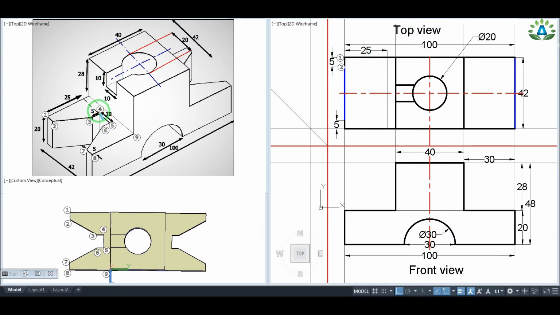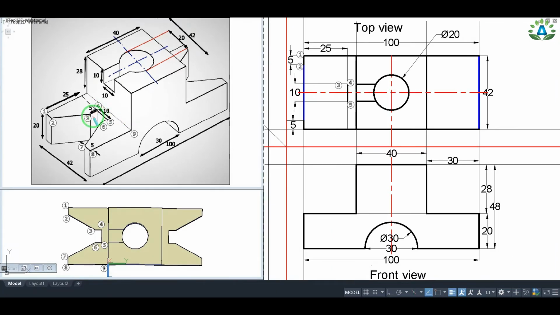And this point number 4 and point number 5 will lie along this line. We can see that the total distance between point number 4 and point number 5 is 10 mm. It means that these 2 points are 10 by 2, equal to 5 mm, away from the center line. The center line and this main line have intersected at this point. So we have to make a line which is 5 mm up and 5 mm down like this, and we can easily locate this point number 4 and point number 5, which are 10 mm apart from each other. And in this question we can see that this point number 3 is located at a distance of 5 mm away from this point number 4.